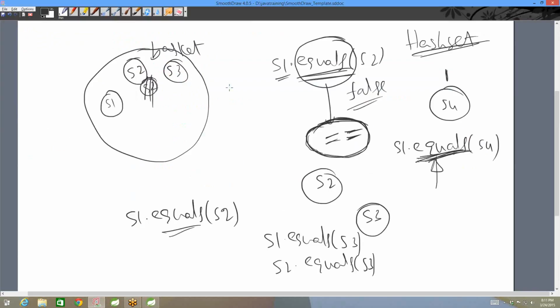The default implementation of equals is double equals, and this is one of the most popular interview questions, by the way. What is the difference between double equals and the equals method? When you compare two objects with double equals, you are comparing two object references, whether they hold the same memory address or not. But when you use the equals method,